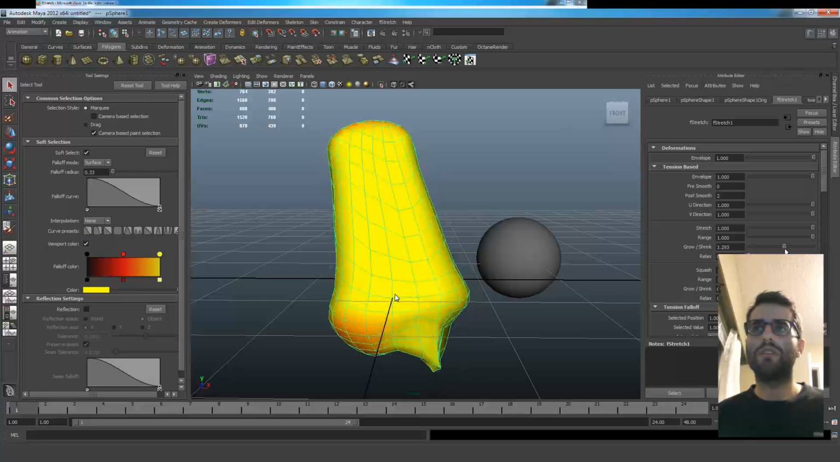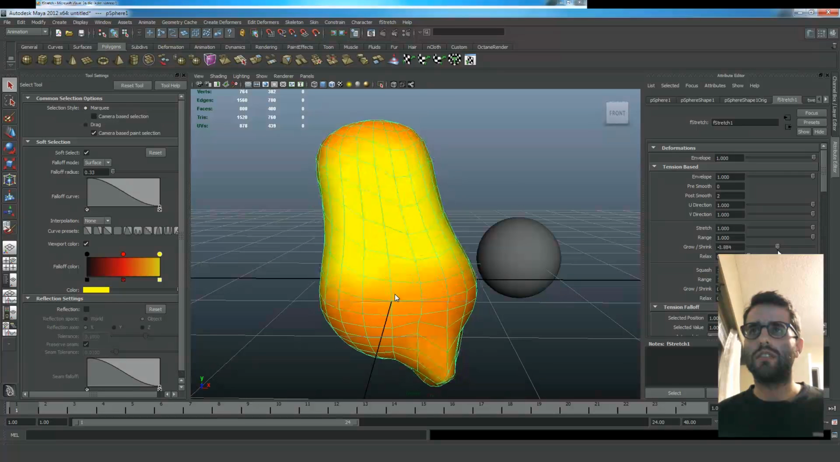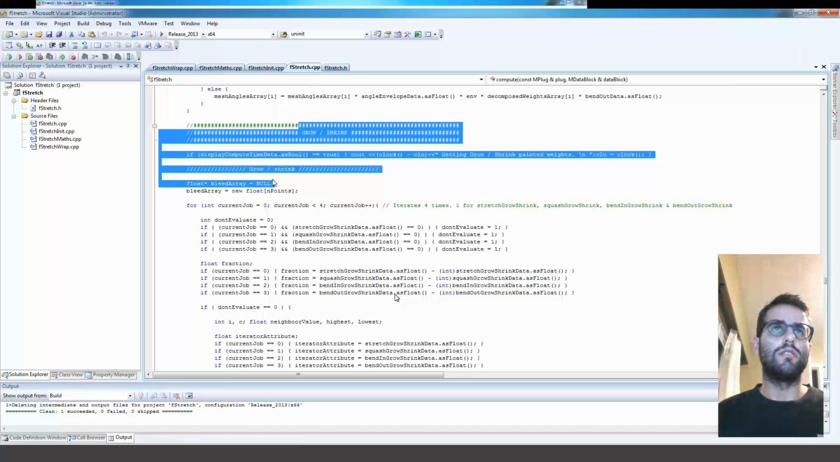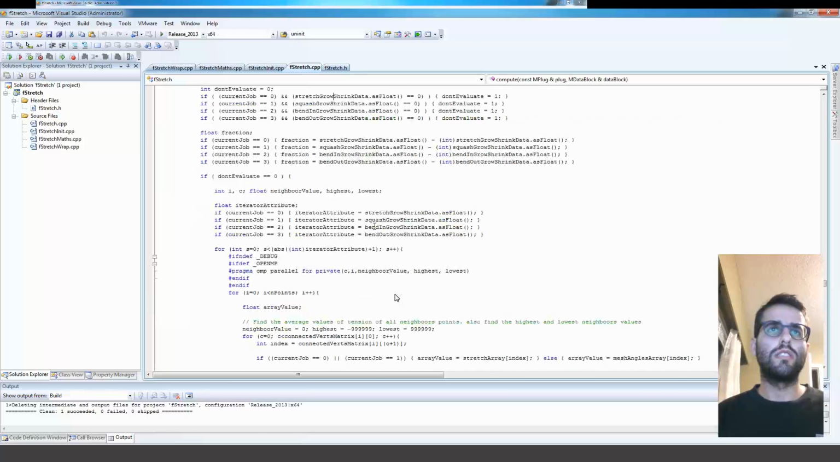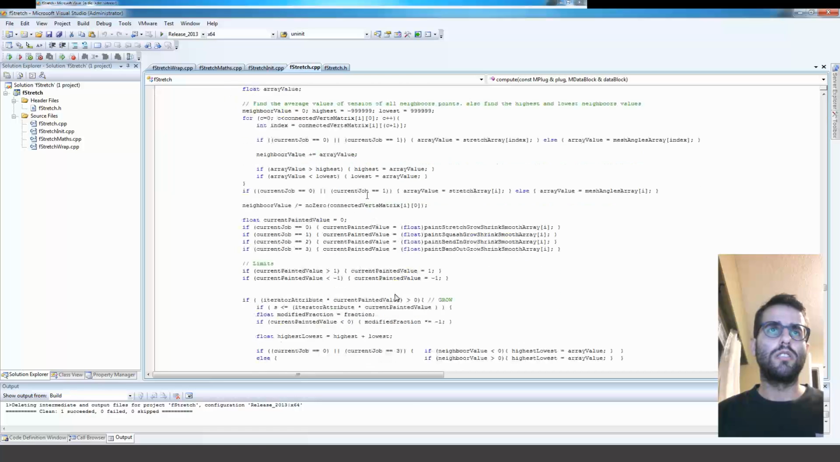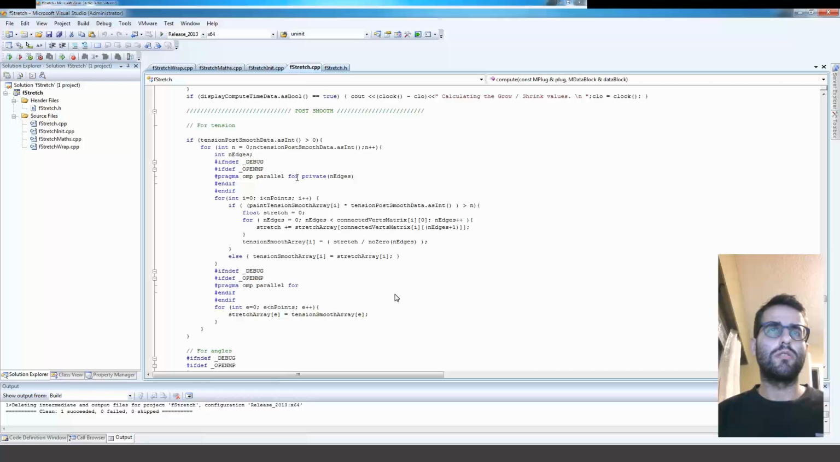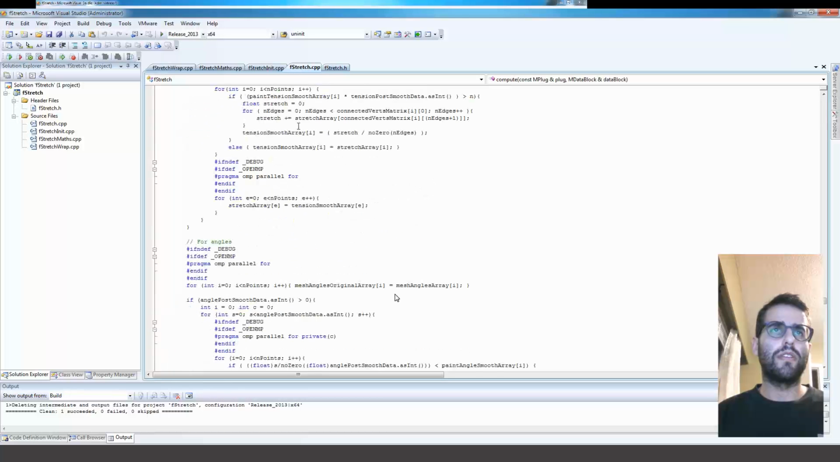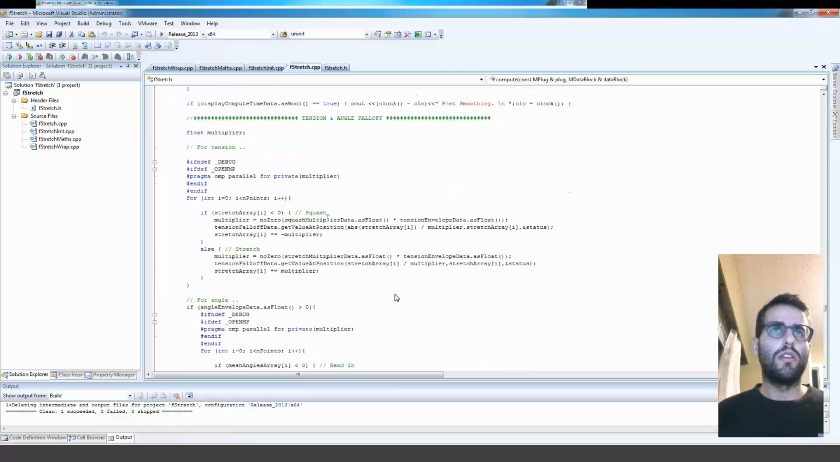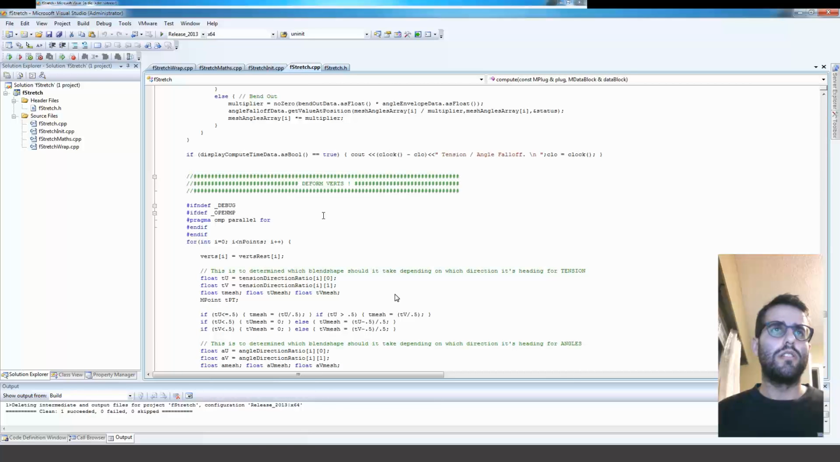That was a bit tricky to code, actually. All the code for that is here. Okay, post smooth. Tension and angle fall off. So here,